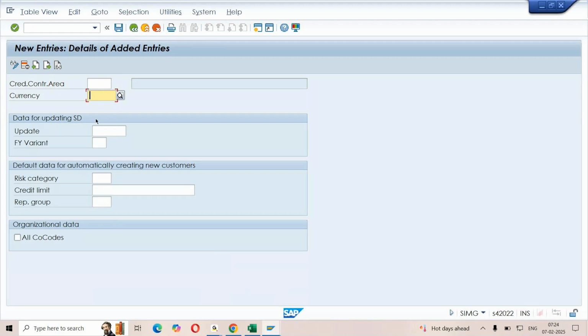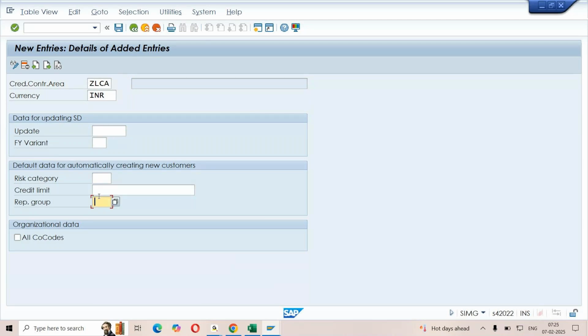So right now, I'm trying to call it ZLCA. I'm maintaining the code, maintaining the currency. I'm not updating the description because this field is in display mode. If I want to capture the description, I can't do that here. We have a different path where we need to update the description. And apart from that, I'm not maintaining any of these values at the moment.